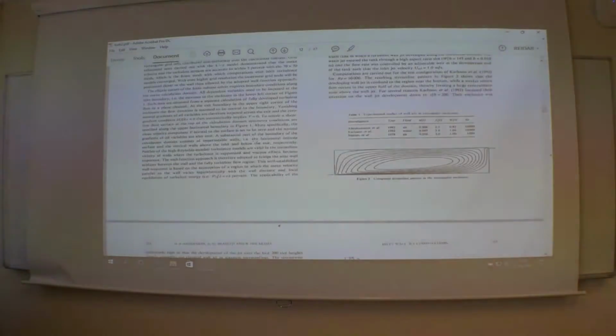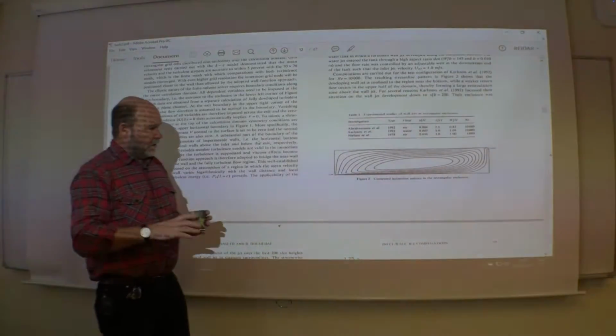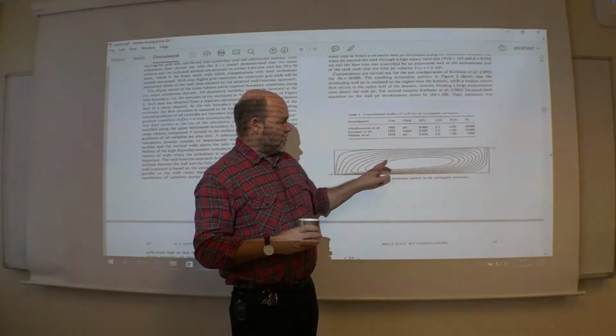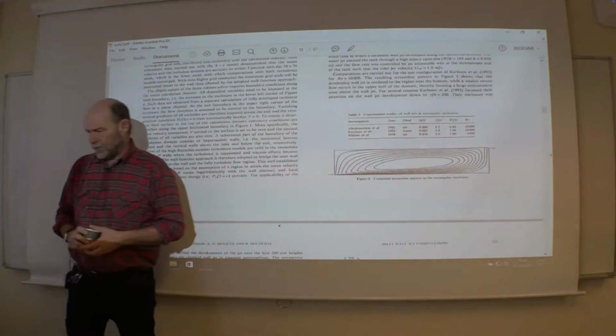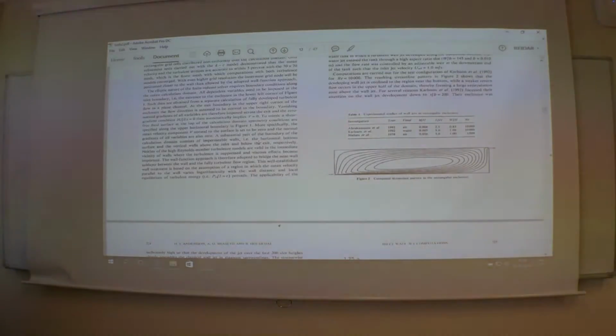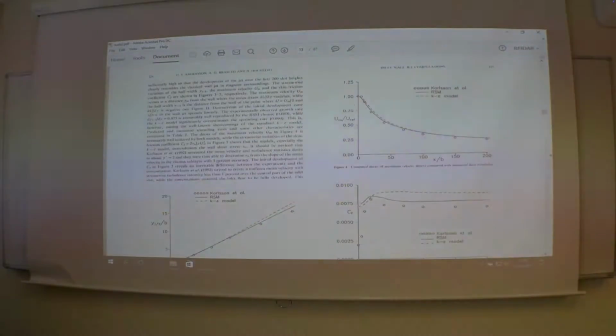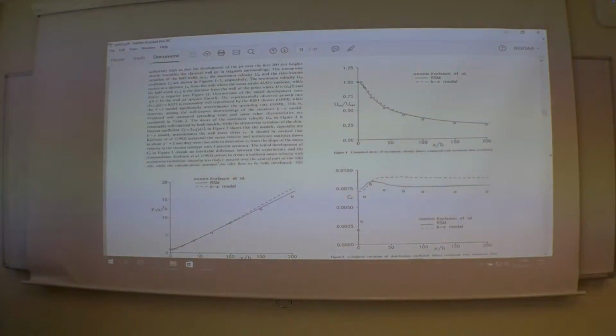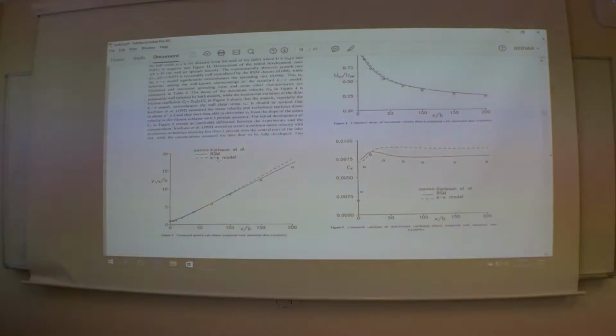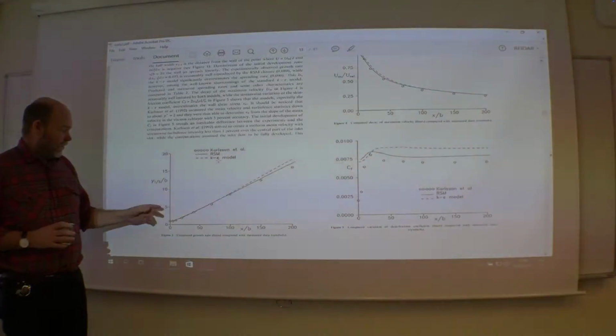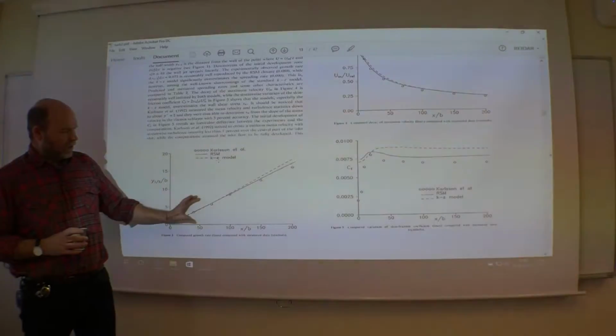For the mean result, the streamline, not a problem to achieve this one. With actually quite simple turbulence model, you will get that one fairly easy. But if you look into the details, then you will clearly get some differences. So here they are playing around here with how fast this jet is growing when it